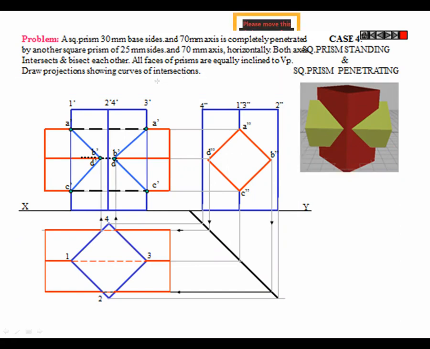So in examination, you have to keep in mind one thing, which line should be dark, which line should be faint. Projection lines are always faint and visible outlines are always dark. Invisible lines should be dotted lines. So your line work should be perfect. If your line work, numbering, naming is proper, then you will get full marks for this particular problem.